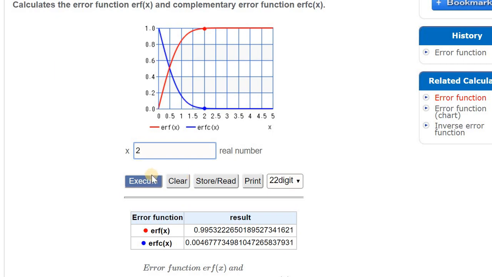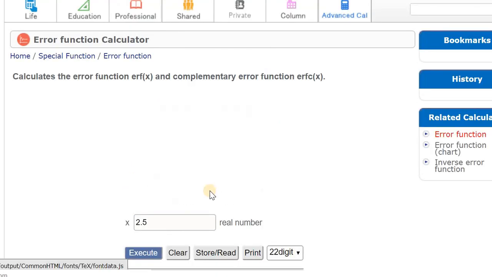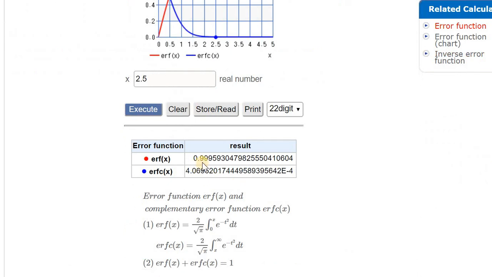First of all, you see that for 2 the error function erf was 0.9953. If I take 2.5 and execute, it should come bigger than that. Now you might have remembered that it was 0.995, whereas it is 0.999. So it is bigger than that.